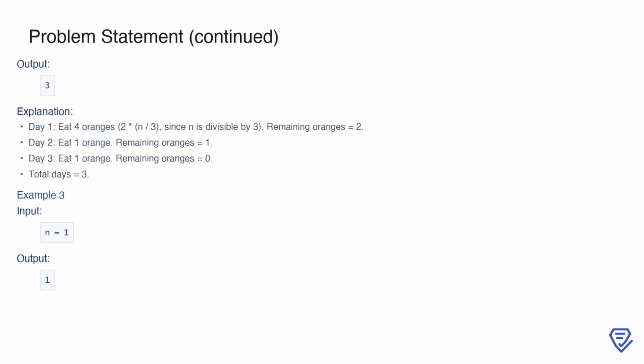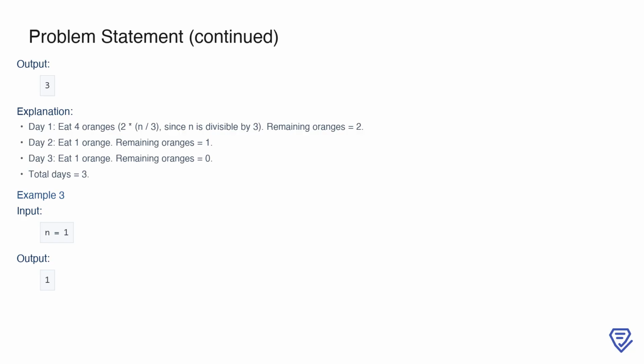Now, for the second example where n equals 6, we start by dividing by 3 because 6 is divisible by 3. This allows us to eat 4 oranges on the first day, leaving 2 oranges. On the second day, we eat 1 orange, leaving 1. Finally, on the third day, we eat the last orange. This requires a total of 3 days. For a simpler case like n equals 1, it takes only 1 day to eat the single orange since no other actions are possible. These examples highlight how the problem can involve different approaches depending on the number of oranges